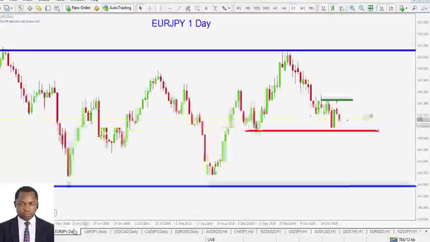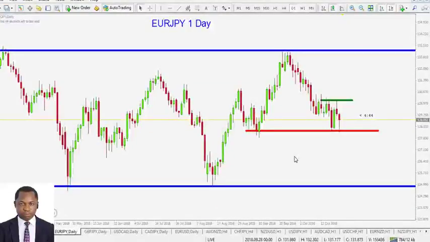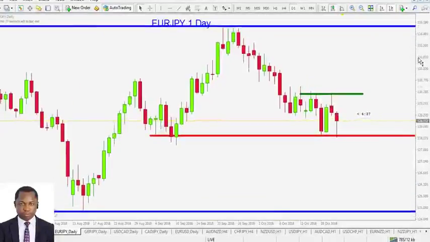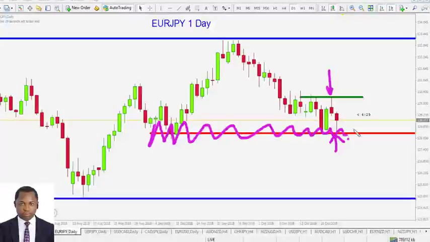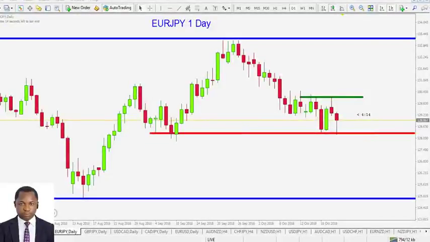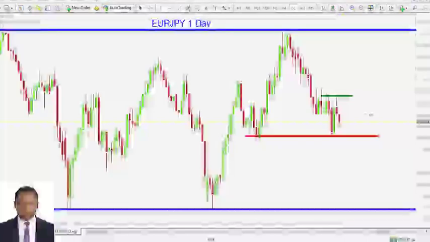All right, the next one is the euro against the Japanese yen. Well, sad story here. Anyway, you can see that market confusion, a pin bar as of yesterday, a pin bar as of today. At any rate, price is trading around a support area. So as price is dealing with this support area in the euro against Japanese yen,